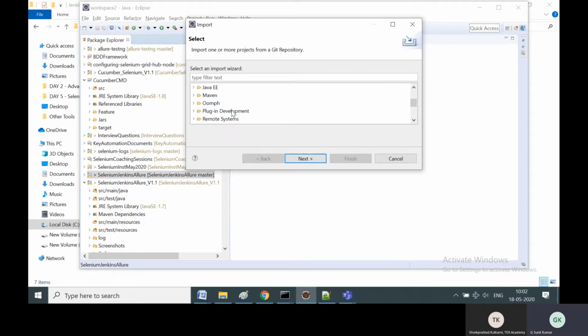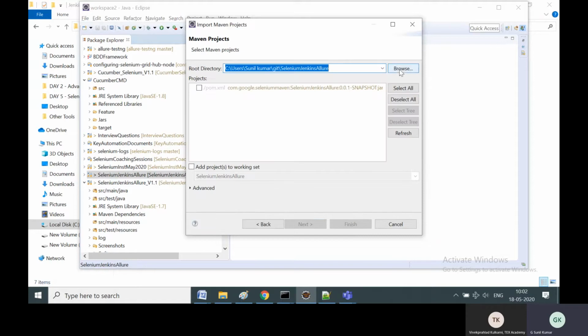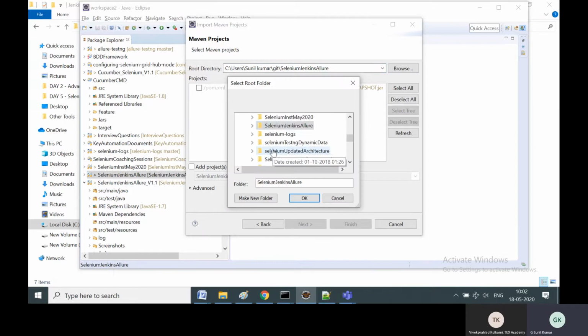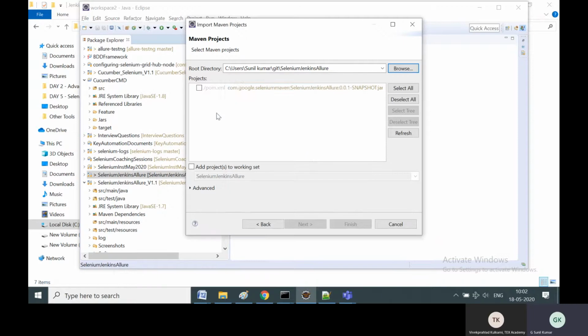Import existing Maven projects and click next, and then browse to that C colon, C colon Jenkins, and here is where our project will be available after extraction. You can open it, click OK, and the POM file will come, and then if you click finish, your project is ready.